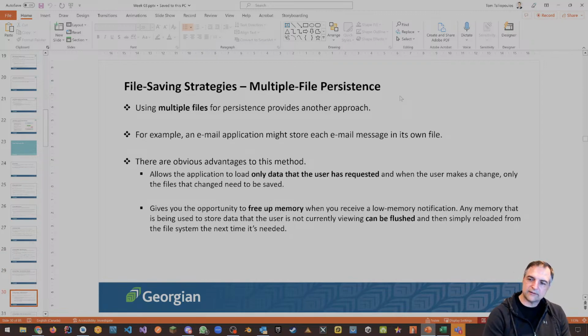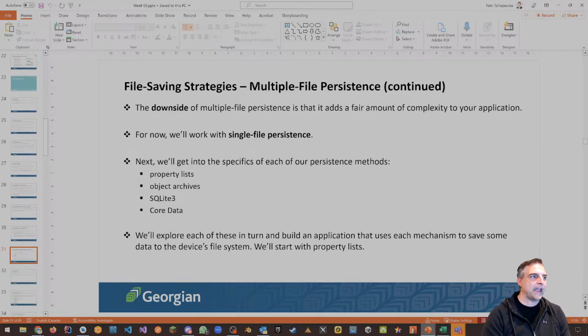Android had a local directory. Here you can have multiple files, and this is another way of doing things. An example is an email application might store each email message in its own file, right? So multiple files in the sandbox. And